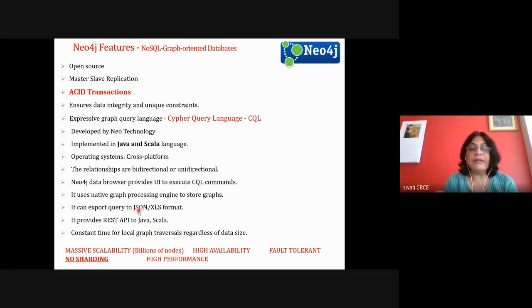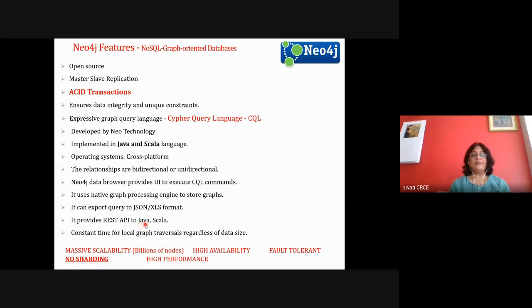It can export the query answers to JSON format, which may be in key-value pair format. Even it provides you the APIs, REST APIs, representational state transfer APIs, to access this Neo4j database in Java and Scala.